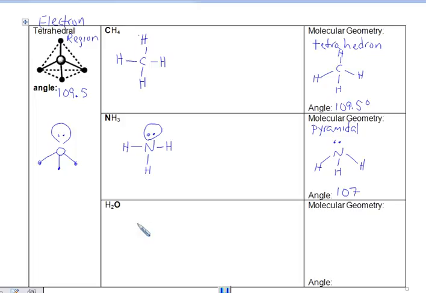Let's take a look now at H2O, water. If we draw the Lewis structure, one way we can draw it is like this. We look at this and we say, aha, this is linear. That looks like this draws and makes a nice line. But remember, we are in 3 dimensions, not 2. So let's take this, and one of these is going to be replaced by an electron pair, and another one is going to be replaced by an electron pair. So if we do that, we get something that looks